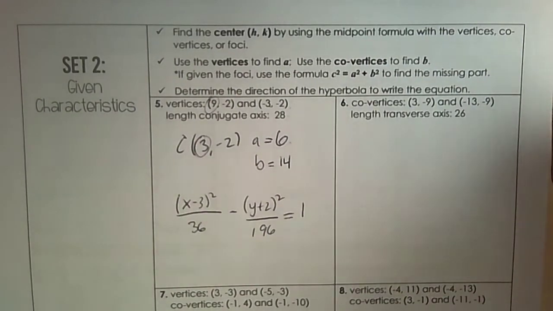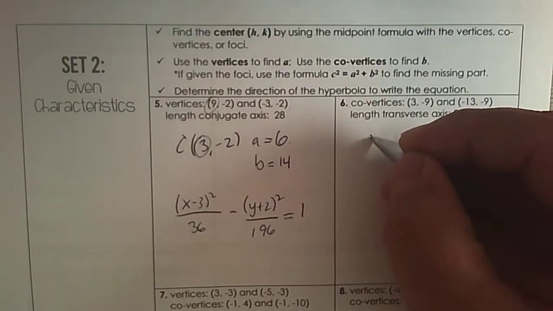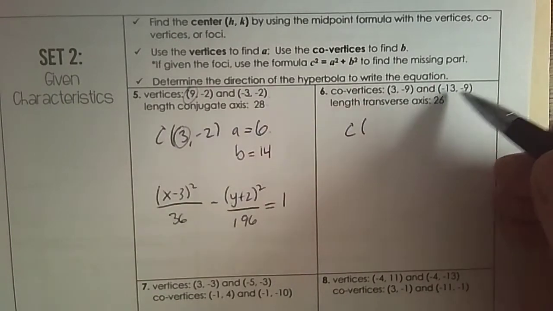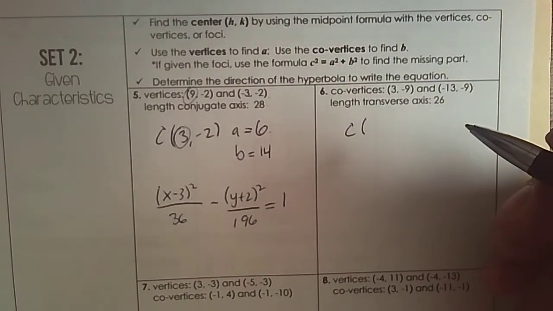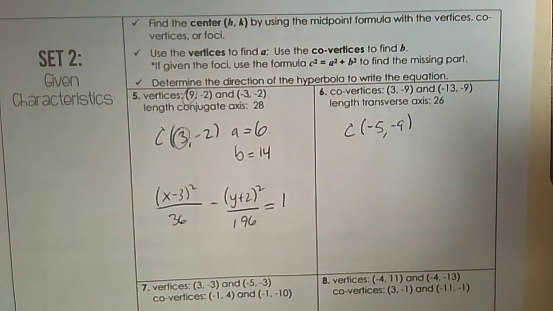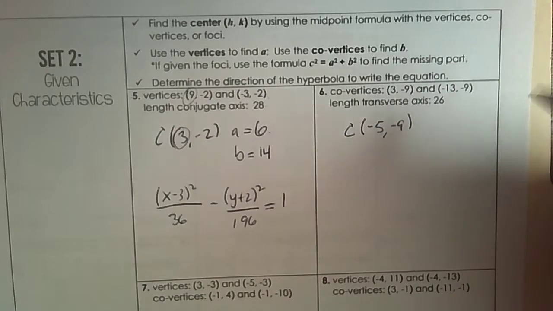All right, let's try again. The co-vertices work like the vertices. So for the center, you just find the average, the midpoint. 3 and negative 13 is negative 10. Divide by 2, and that's negative 5. And the y is the average, just negative 9, so they don't change. The a